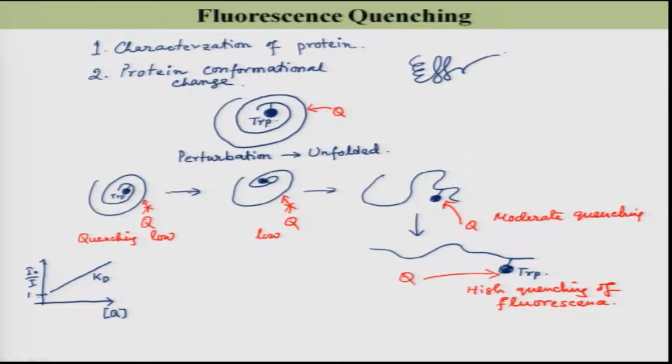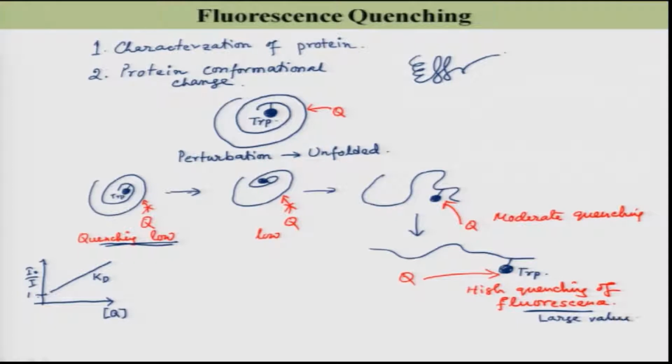So, Kd more means the quenching is more. For the case where the quenching is low, I will get a low value of Kd, then as I go in this direction, the Kd value will be larger and larger. So, large